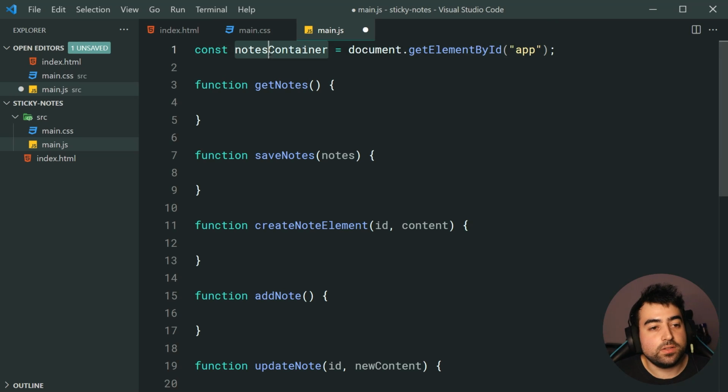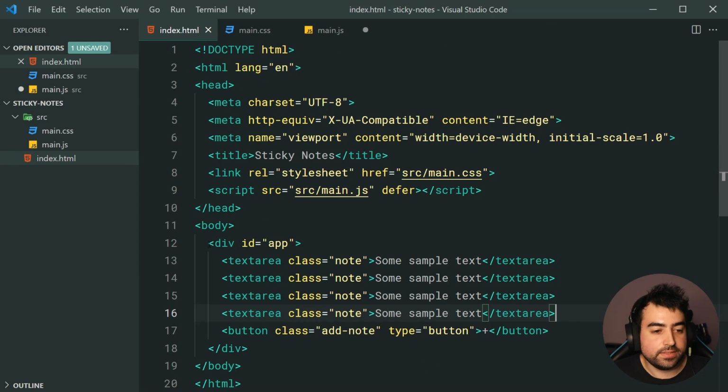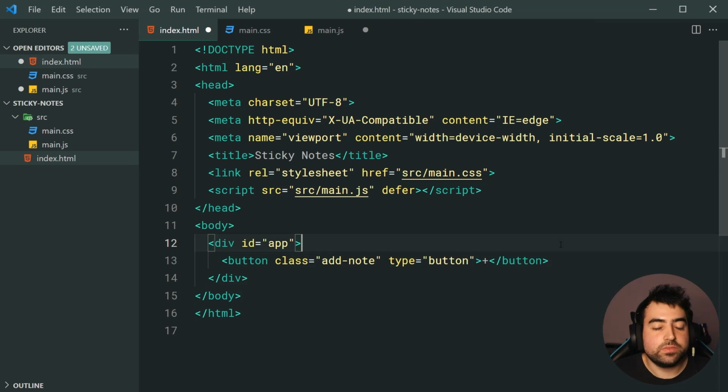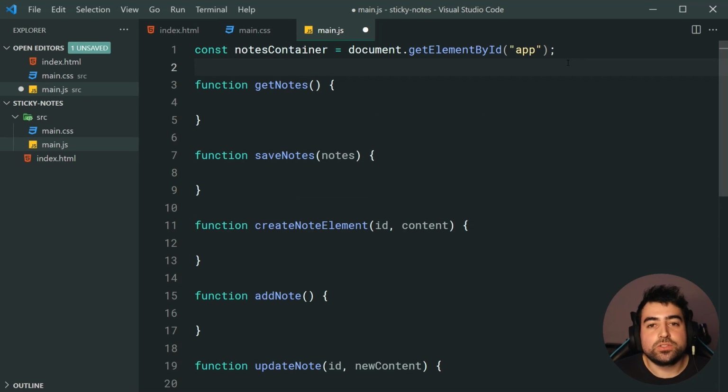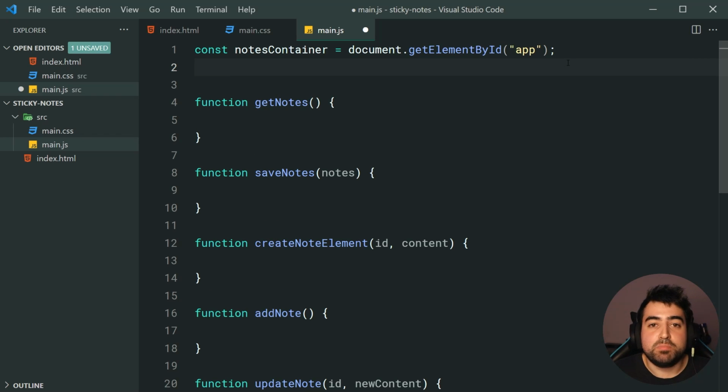So now, of course, notes container refers to this div right here. It's also worth, at this point in time, removing all of the existing text areas because, of course, all of those notes right there are going to be generated using the JavaScript instead. Okay, so going back inside the main.js file, we're going to also get a reference to the button to add